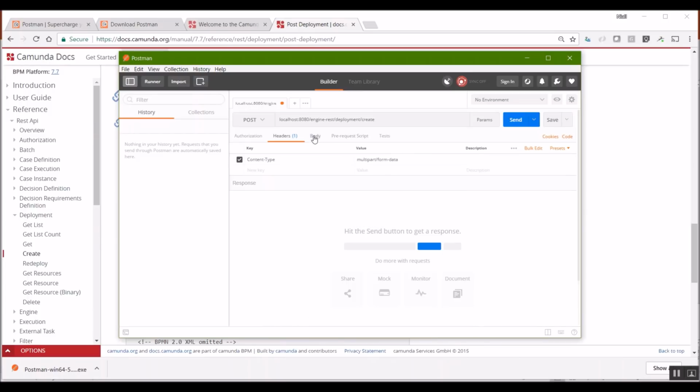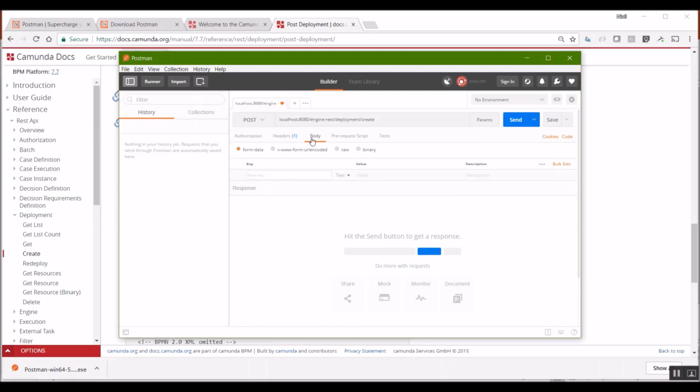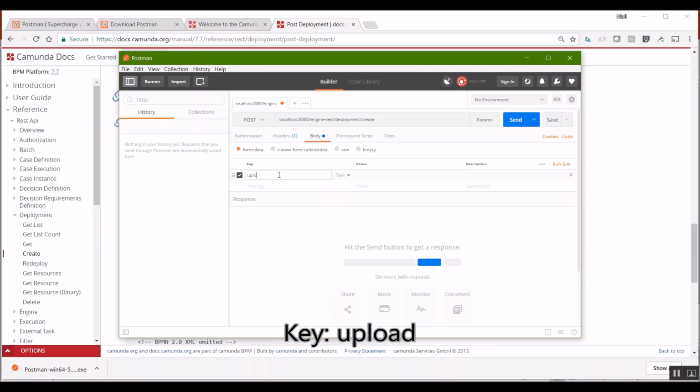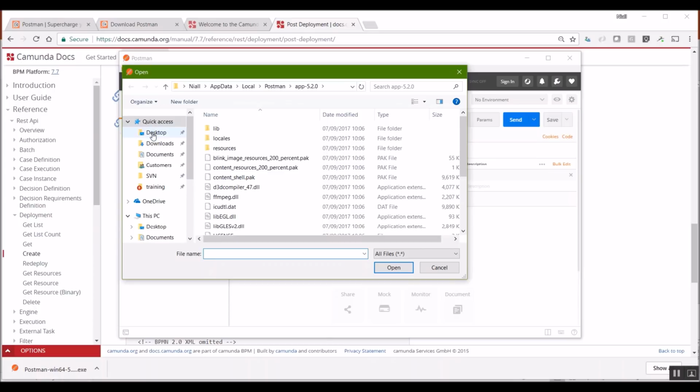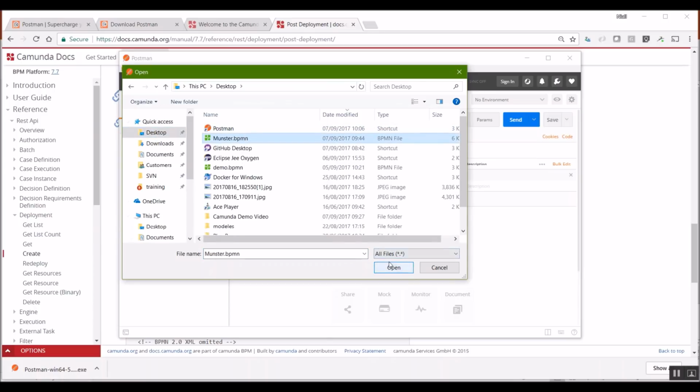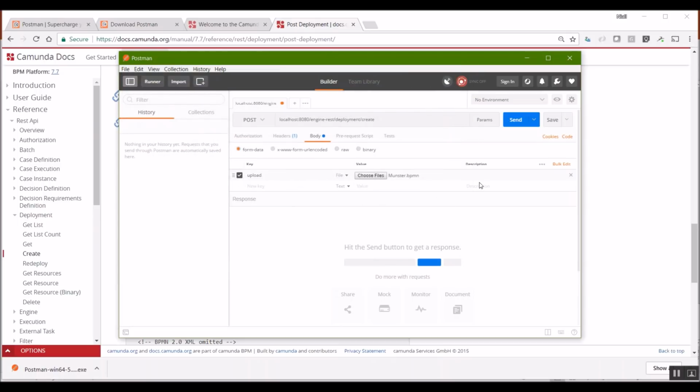Okay. Next up, we're going to go to the body section. And here we're just going to add upload. It's of type file. And now I'm just going to choose the file, which is going to be on the desktop, which is Munster. Okay, so now if I click send here, we should have our call as a POST. The localhost 8080 engine-rest is our endpoint, and the specific call we're making is deployment/create. We have our headers set, and we have a body set. So if I click send,